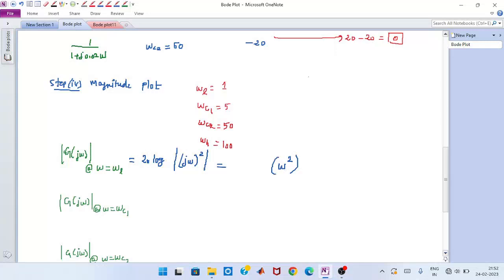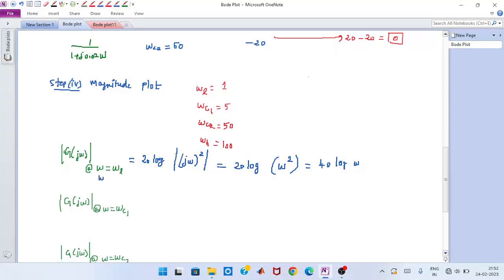The j square gets cancelled out when you are taking j omega square outside the modulus. Then the rest of the value is 20 log omega square. This can be written as 40 log omega, because I am taking this 2 into the front. So 40 log omega. Now here, instead of omega, you have to substitute omega